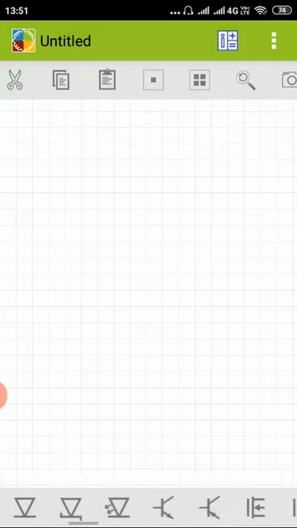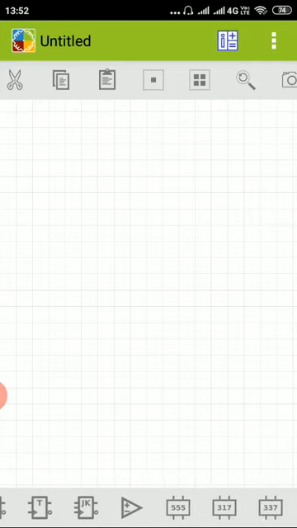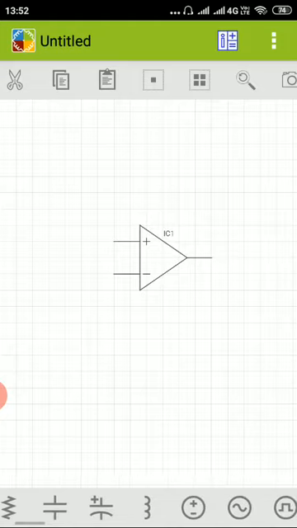Let us take op-amp from the components which are available here. So I have taken, you have to just click on that op-amp symbol, then it will get placed on the workplace. Okay, and let us take one voltage source, AC voltage source.